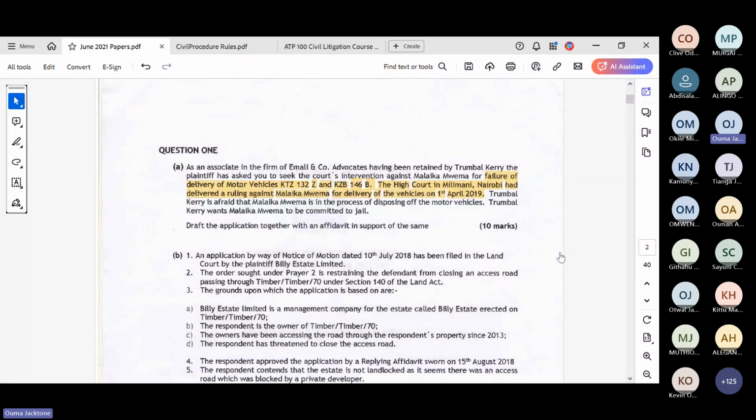And then you come and draft it by the prayer, which is the main application, the name of the application, the grounds that you've learned. If it is Mareva, what is Mareva? When do we apply for Mareva? How do we apply for it? And the grounds, like we did in the last class until we drafted each of them. Arrest for judgment, same. Temporary injunction, what it is, when.